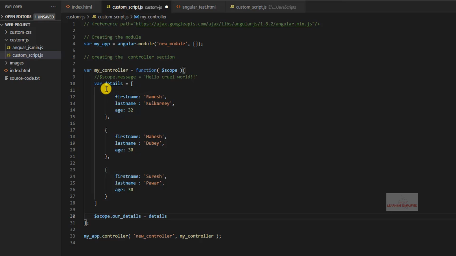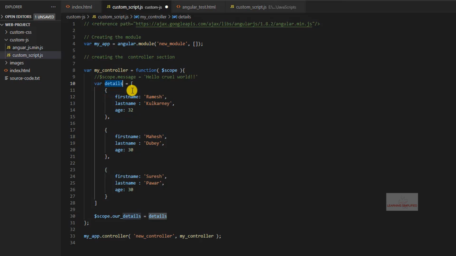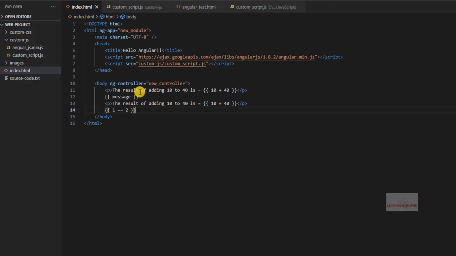All this data information is practically stored against this definite variable which is known as details. So we used that variable name once again, and we stored it against our details property name that we had created all on our own. This is the part up to which we are done right over here in this custom script.js file that we had created. Now let's move on to this